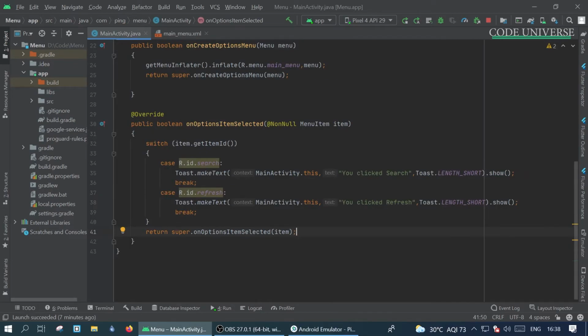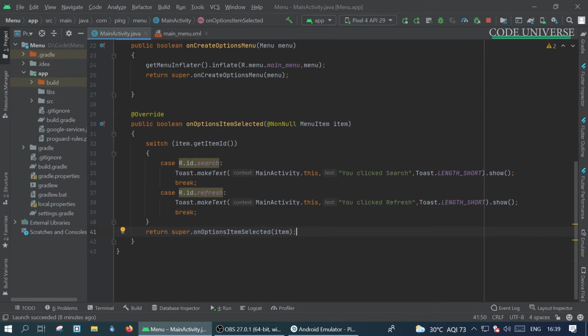So we have now added this switch inside the onOptionsItemSelected method, and for each menu item that we have created, we have to add a case inside the switch using its ID. When the user clicks, I'm printing a character sequence on the app screen, using the widget Toast.